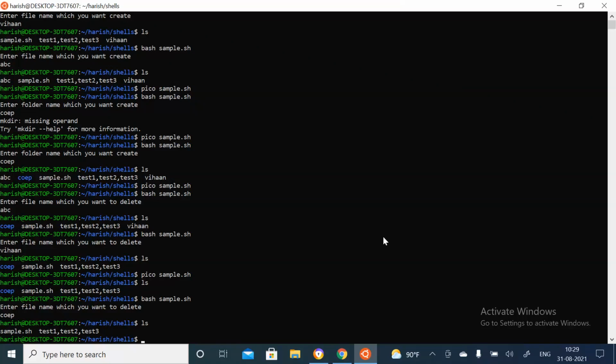Using this read and echo, you can accept the input for the respective command from the user. Like suppose you want to create a file, you need to accept the name of the file which you want to create from the user, and we can create that respective file. Same thing for the folder also. Getting this? In a similar way, we can display whatever files and folders are there in the current folder.